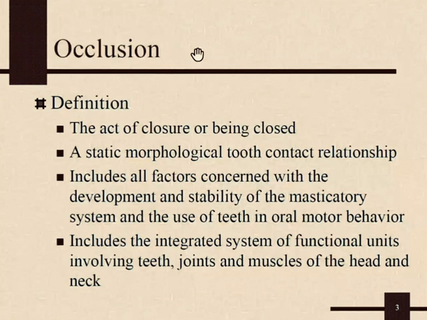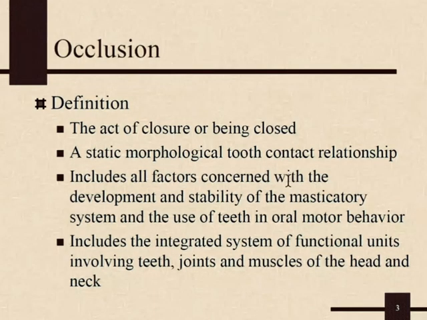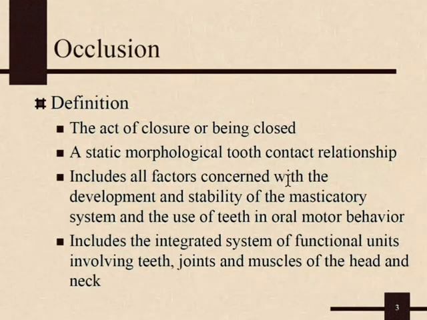If we say this is a definition, we don't only relate to the contacts and occlusal interference, but also to all the factors concerned with the development and the stability of the masticatory system and with the use of the teeth in the oral complex, what we said last time about the oral